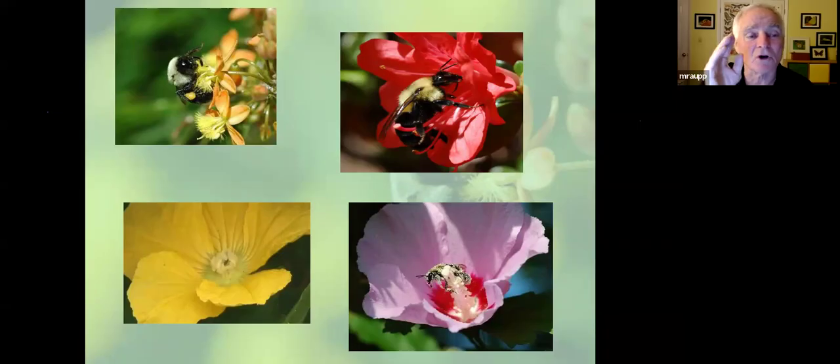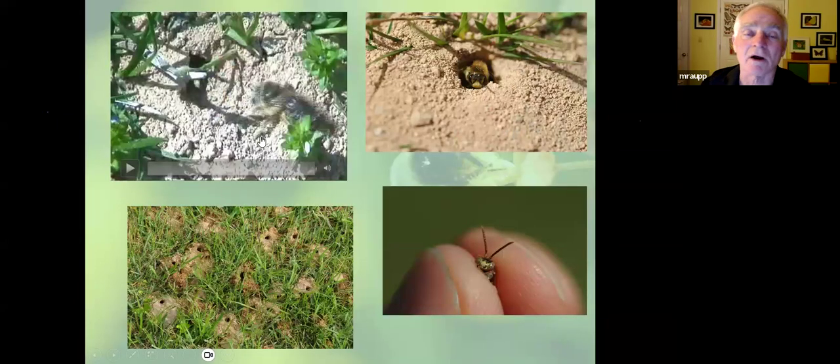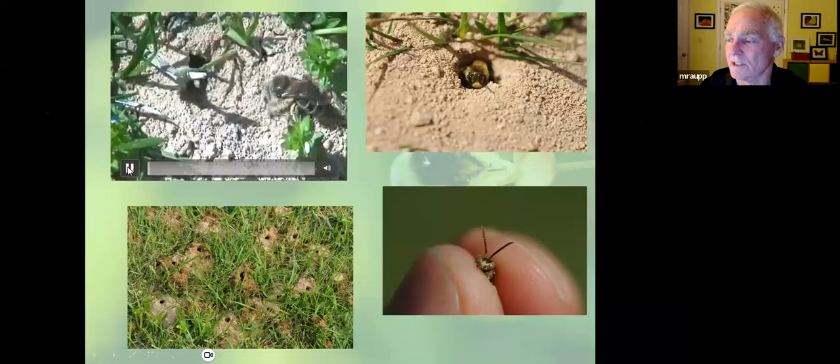We do have some social bees here as well. Of course, our bumblebees are social bees, right? They have a queen and workers just like honeybees do. But really, the ones that are most important, in my opinion, are the native bees. It took me several years to get my lawn thin enough that I could have a very delightful colony of ground nesting bees.